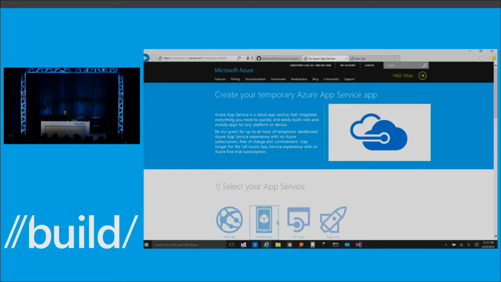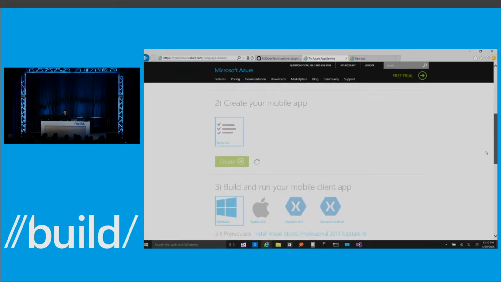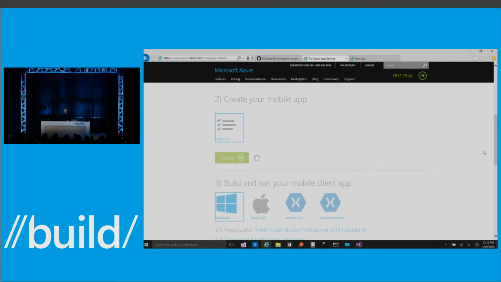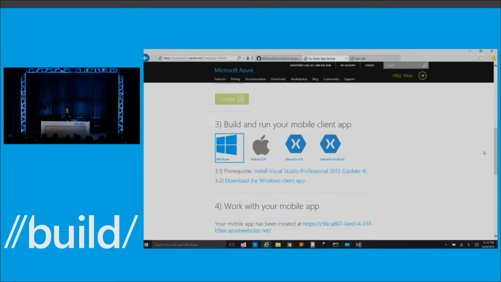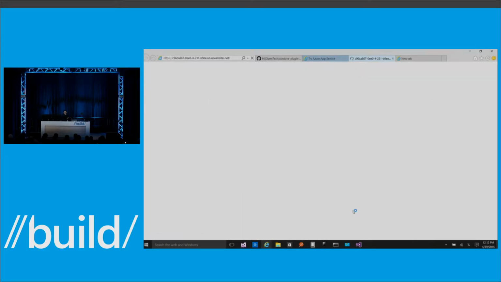I didn't do this earlier, but I'm signing in with my MSA, my Microsoft account, but I could use the other accounts, as you could see. And then that actually just creates an Azure service on the back end that I could then connect with a mobile application. And if we go here, you can actually see that the app service is already up and running.